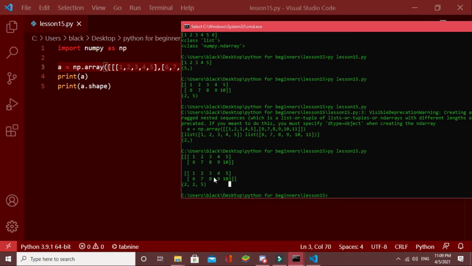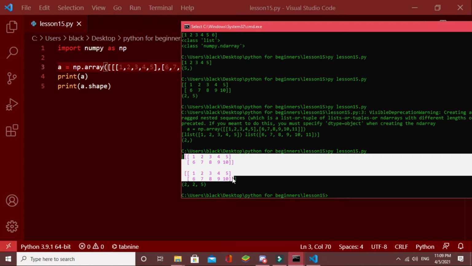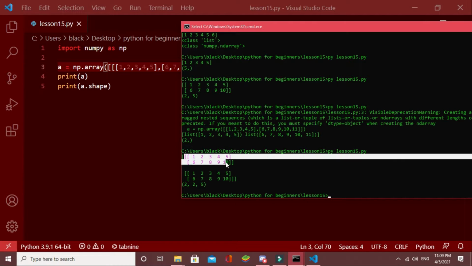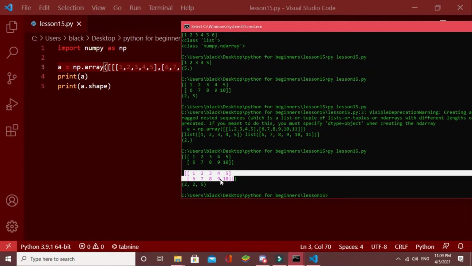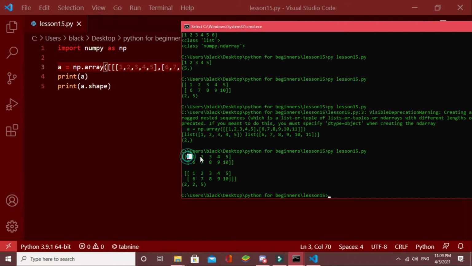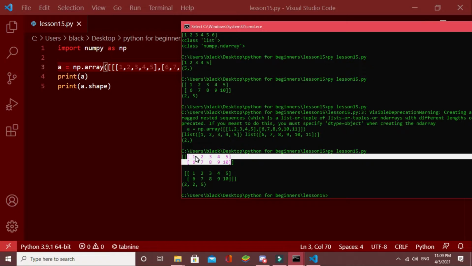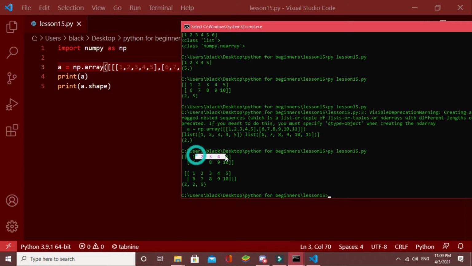What is the meaning of this? This is the main array here. Inside this main array there are two two-dimensional arrays. This is the first two-dimensional array and this is the second two-dimensional array. And inside these two-dimensional arrays there are one-dimensional arrays, which are these numbers 1 to 5 and 6 to 10.